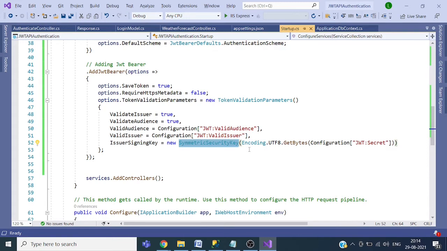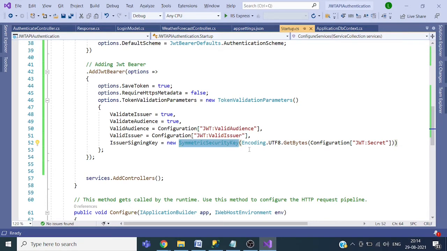Okay, so there are three parts in the JWT token. First one is header, second one is payload, and third one is signature. Okay, so on receiving that token on the server side, the server will again generate the signature, and it will compare both the signature which is present in the token and the signature which is computed. So if the computed signature is equal to the old signature, it means there is no change in the token, and our token is genuine.